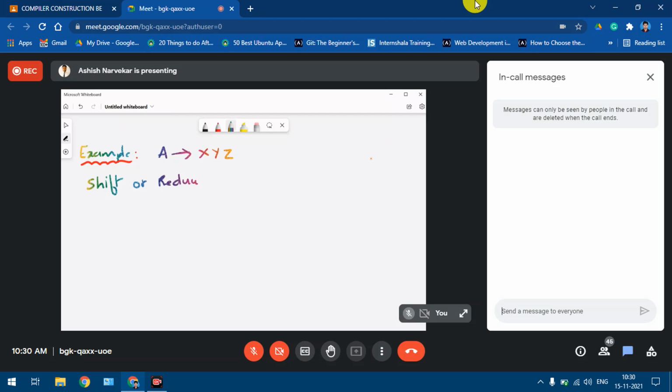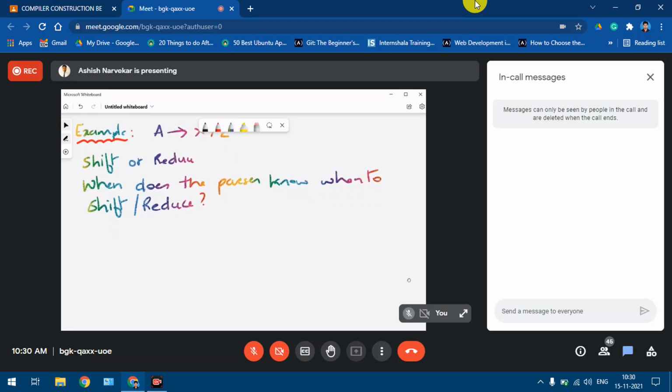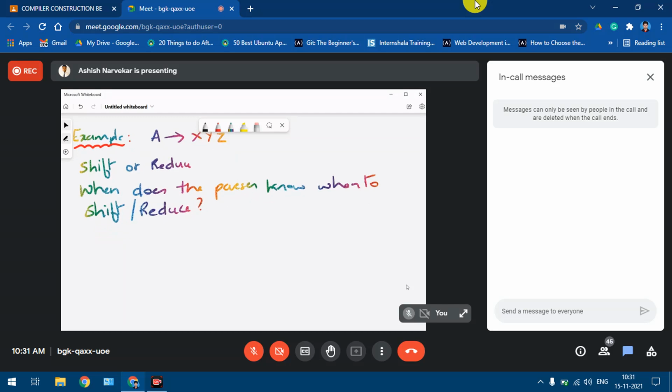But here the question is, when does the parser know when to shift or reduce? Okay, so this is a question which needs to be answered. That is, how does the parser know when it has to shift or when it has to reduce?